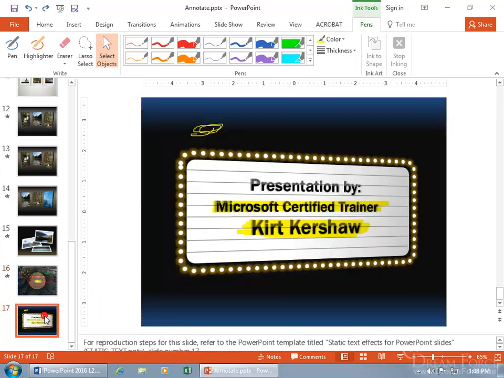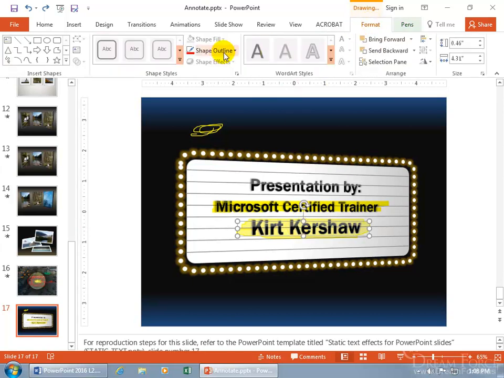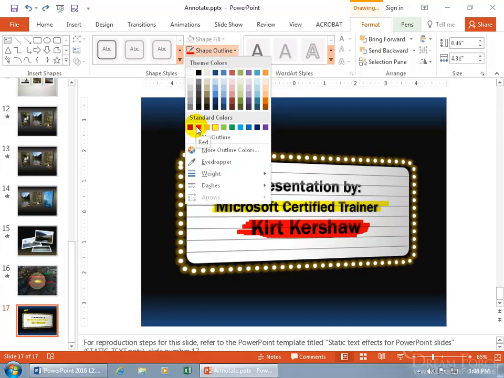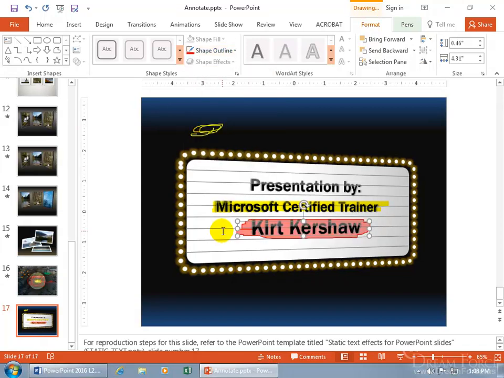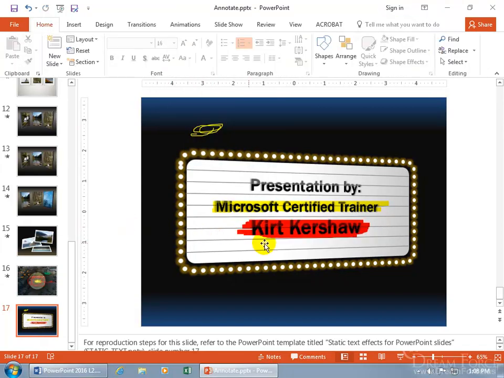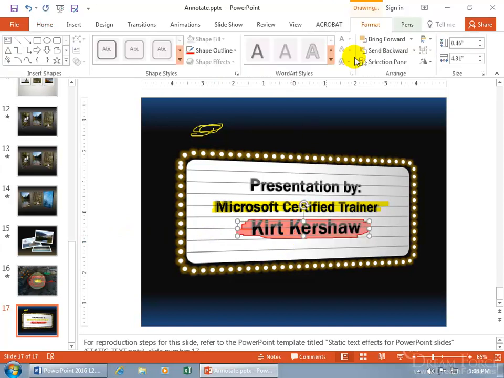slide. Let's go to slide 17 with our highlight here. Highlighter, select it. Come up here, click on the Format tab, and you can change the highlight. Go to something red. Looks a little bit more graffitied. Let's click off, and there we go. Select it again. You also get the Pins tab, but as far as formatting, what we've already done here with the different colors is the best that we can do on the Format tab here, except,